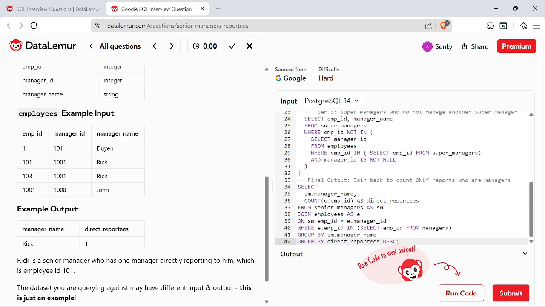Rick only manages Diagon, who is the first line manager, so Rick survives. So, for our grand finale, we join our verified senior managers back to the employees table to get their direct reports. We add our crucial filters where EMP ID in select EMP ID from manager to strip out the individual contributors, group by the manager's name, order by the report count descending, and when we hit submit,